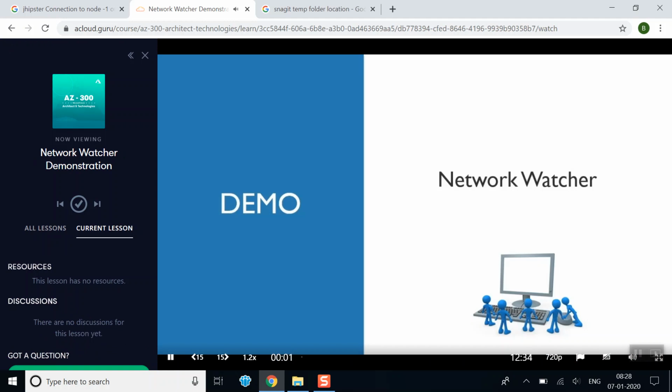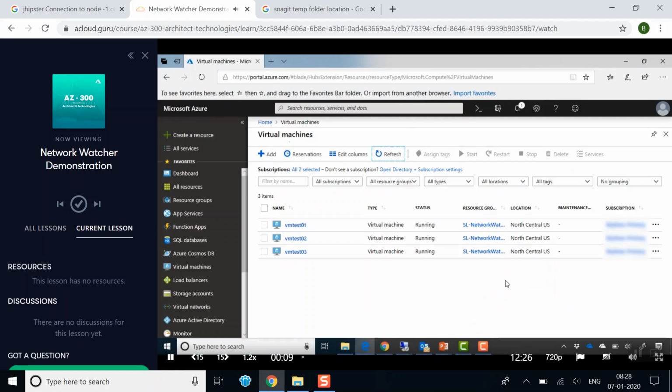In this demonstration, we're now going to take a look at Network Watcher. So to begin with, let's head over to the Azure portal. Okay, and here we are on the Azure portal, and the first thing I've done, I'm just showing you that I've deployed 3 virtual machines already. I've got VM test 01, 02, and 03, and they're all in the resource group SL-Network Watcher, which I've already